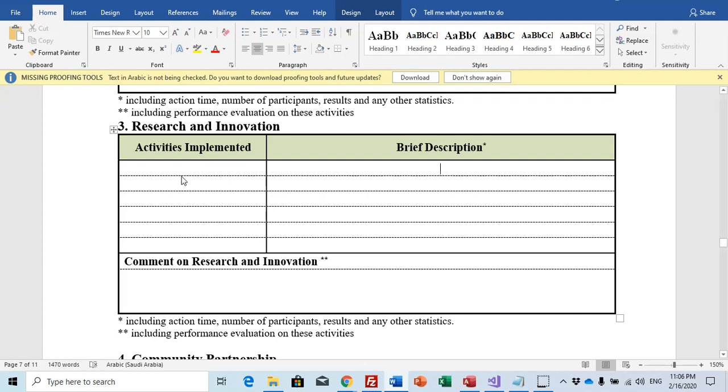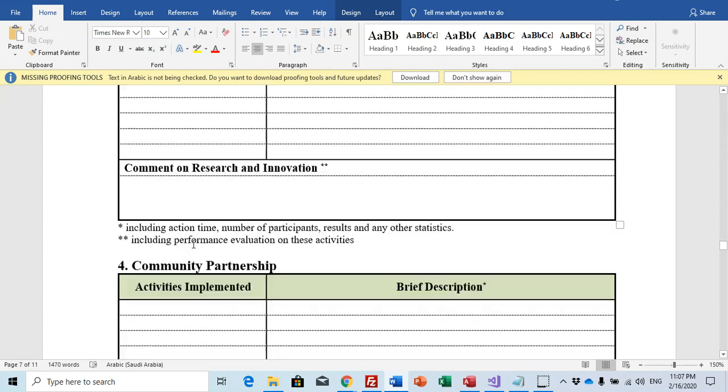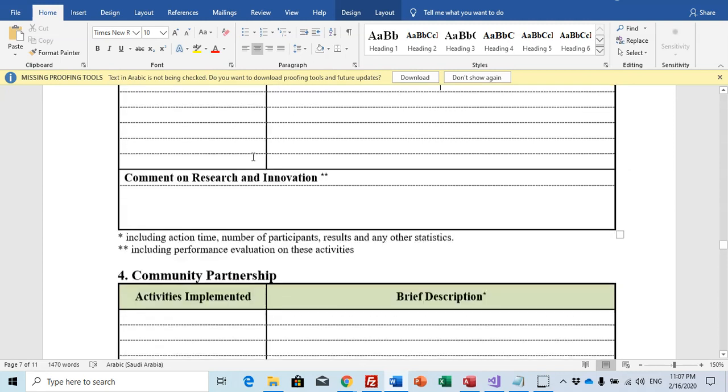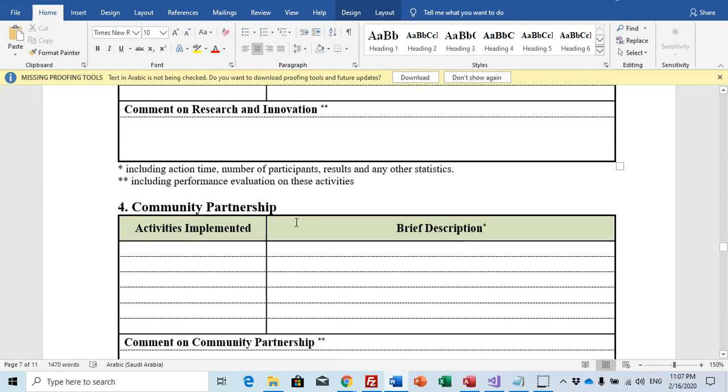So you have to mention here this activity and what is the description and the comments. For example, I have 10 instructors, they participated in a workshop for IEEE Xplore or something, and you write these activities here.